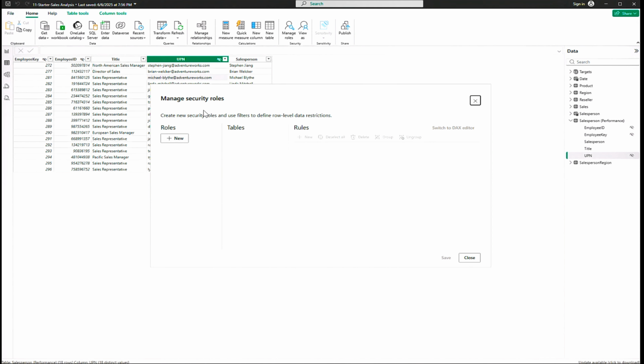and in the manage security role window, in the role section, click new, and then you can see that there is a name. So let the role name be salespeople. Press enter. So we have created a role. Now we are going to select a table, which is salesperson performance, and switch to the DAX editor for analytics. So select that option,